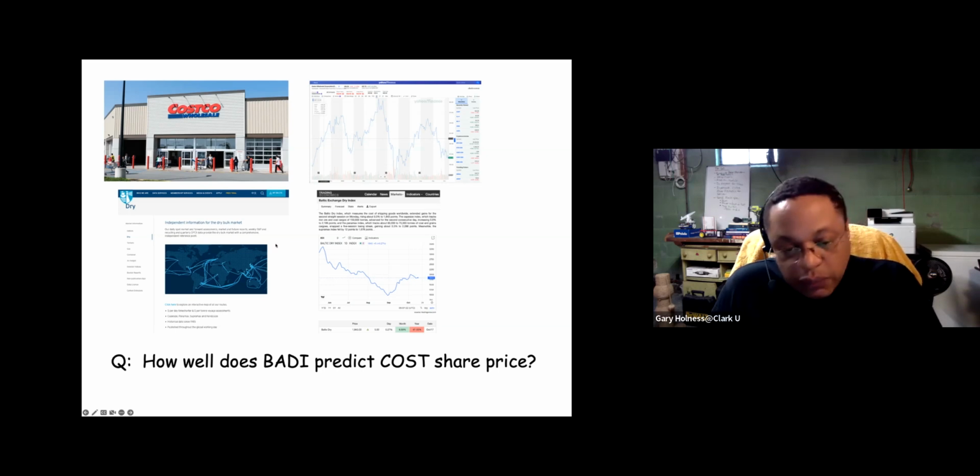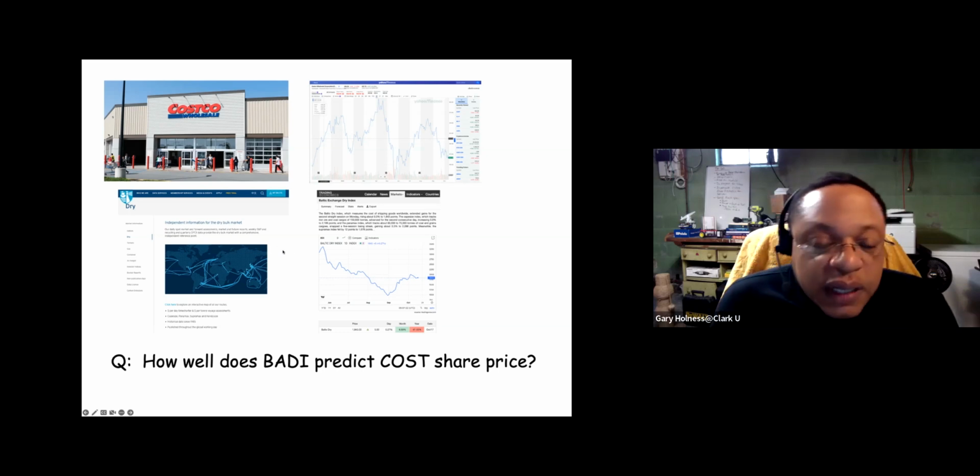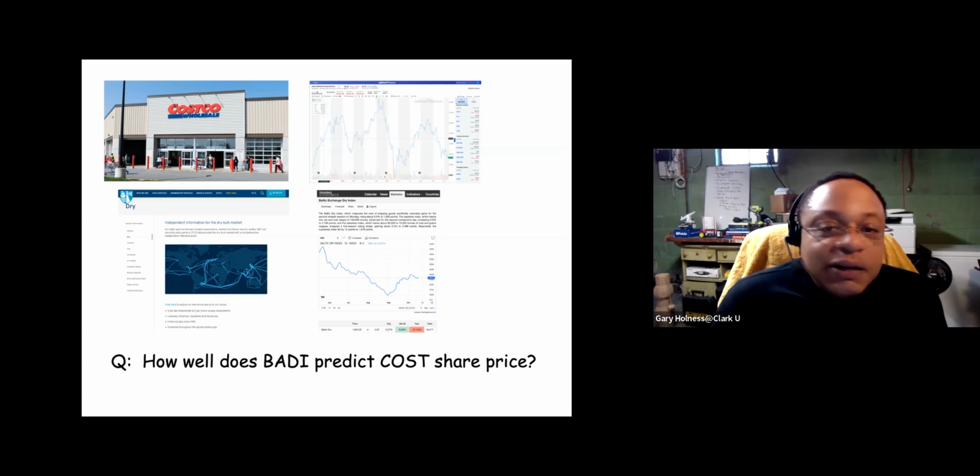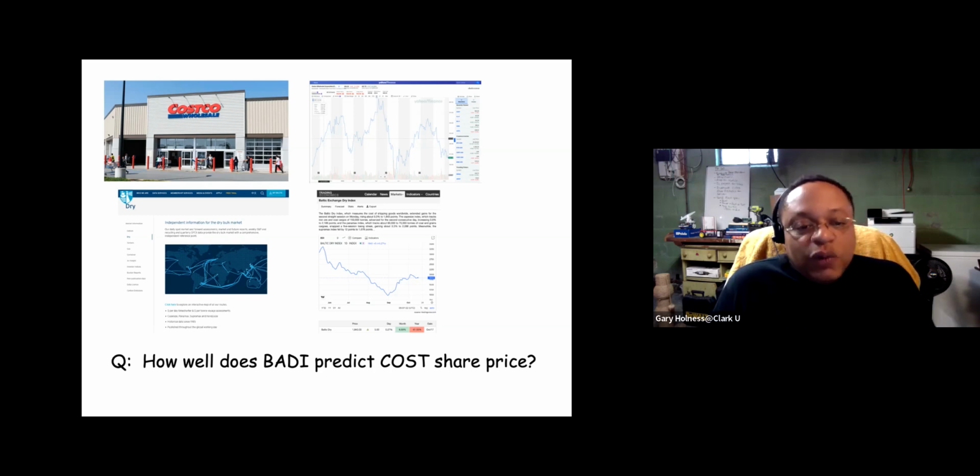Then I'm going to look at correlation between the Costco price and the BDI price, where I'm going to shift the BDI price using the time APIs in Python. I'm going to shift it one measurement in time into the future, right? So I'm going to take all the dates and shift them one reporting period, and then 2 reporting periods, and then 3 reporting periods. So if the Baltic Dry Goods Index is, say, 3 months ahead of Costco stock, then if I shift it 3 months into the future, the correlation will peak at some point, and that's the measure of coupling in this example that I'm going to use.